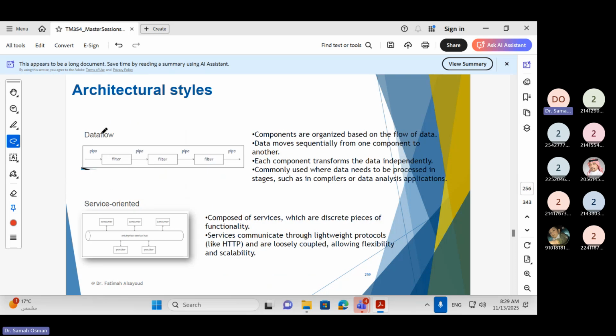We'll go for the fifth one, which is data flow. What do you mean by data flow? You can get from the name of the architecture what is meant by data flow. You will see here the data is going in this way. This is how the data flows. So you will have some data here